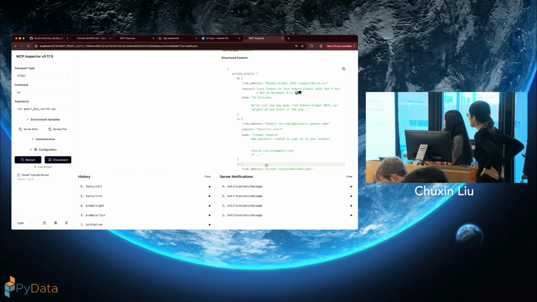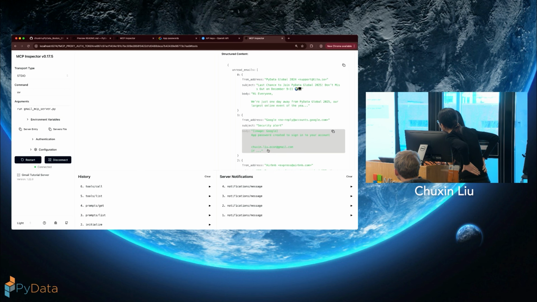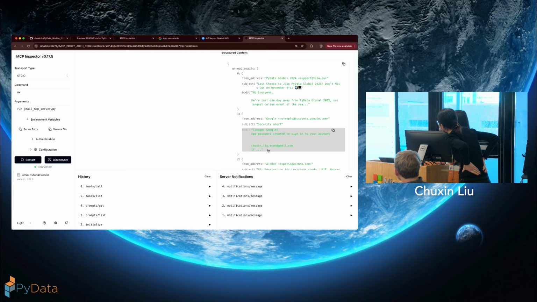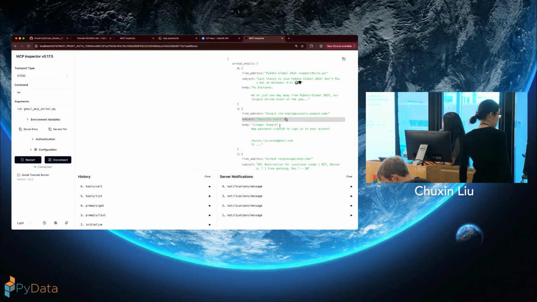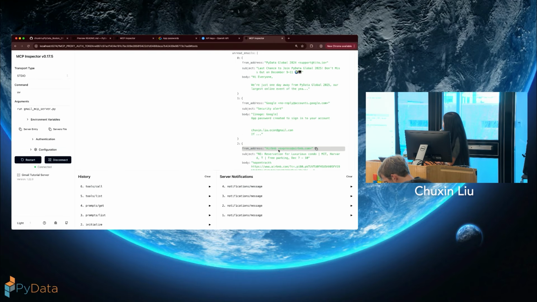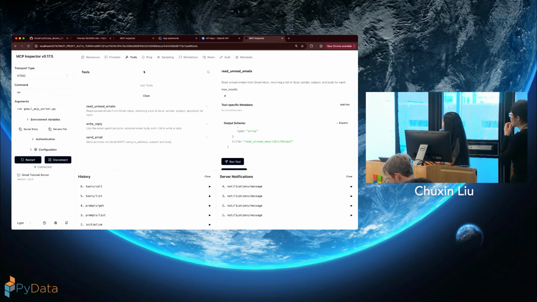PyData Global, wait, PyData Global 2024. It should be 2025. Okay, so PyData Global is happening at the same time. So there's only one conference that you can go to. And then I got a Google email, and then I have an Airbnb email. Okay, that's great. Okay, so that's good.